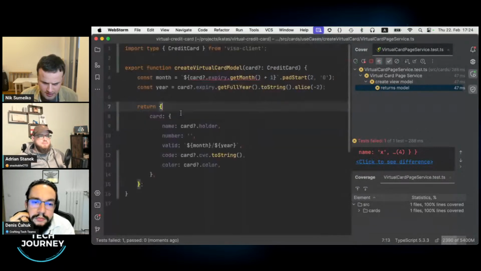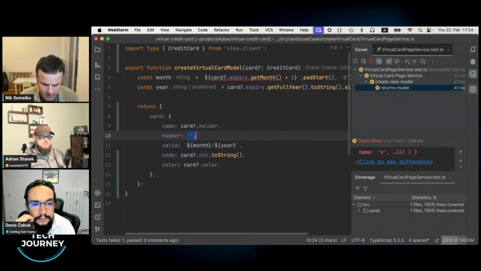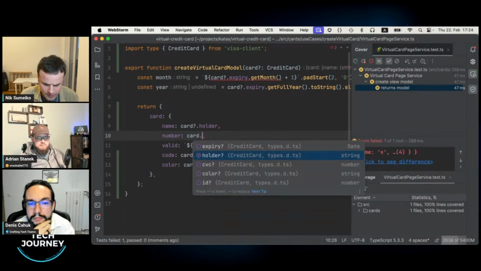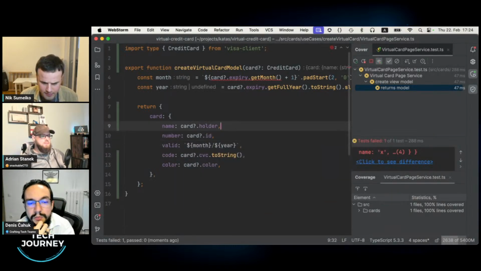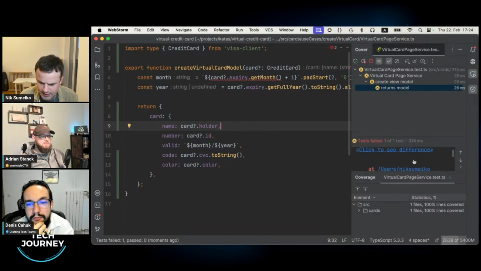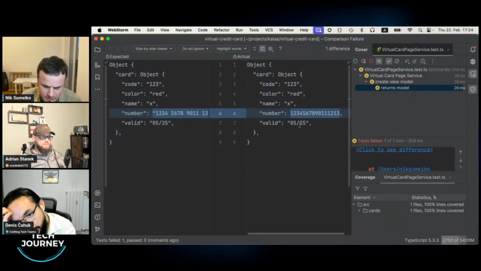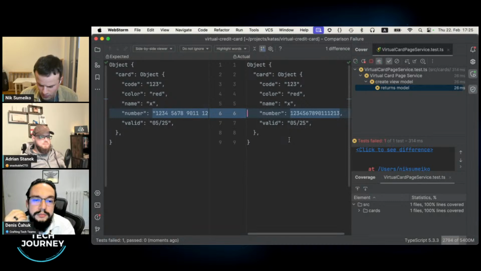Shall be this. And if we return here directly the card.id and run this test, let's see the difference again. The difference is that Visa does give it as a number without any formatting. So that's our job, to make it formatted here.